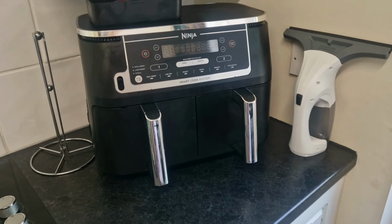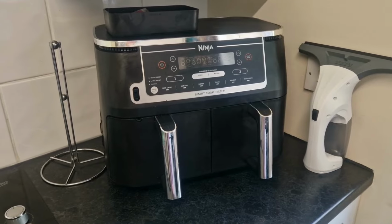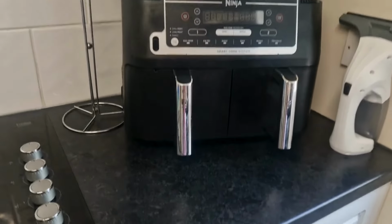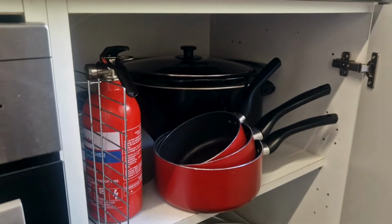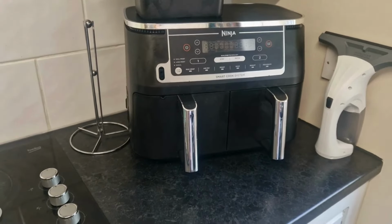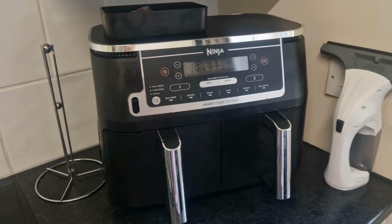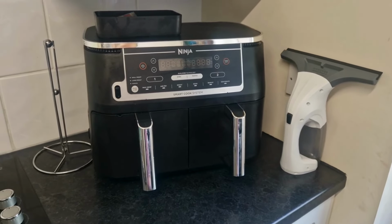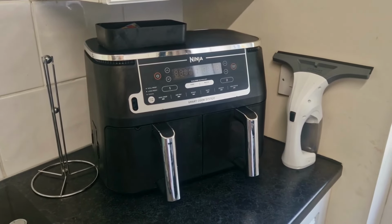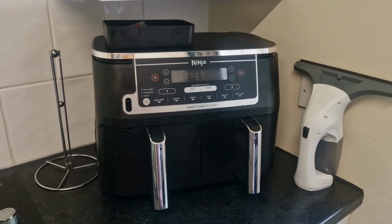My money saving item number 2 is my air fryer. I also have a slow cooker, but I haven't actually dug that out of the back of the cupboard yet. Let me just see. There's my slow cooker. I have got one, honest, and I only get it out when I'm using it. I don't have it sat on the side as I don't have a lot of work surface in my kitchen,